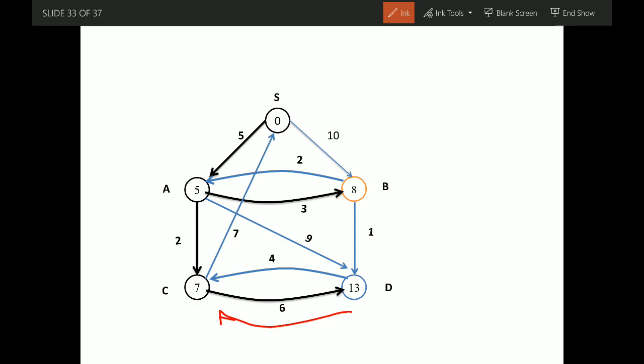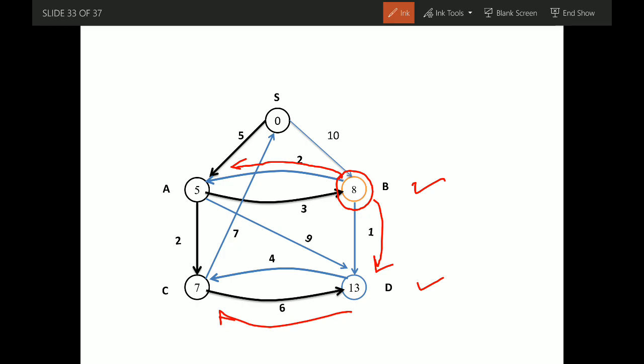Now in between B and D, there are only two vertices left in the queue, and the shortest path estimate of B is less, so we will select B, and from B there are two edges, one is this and another is this.